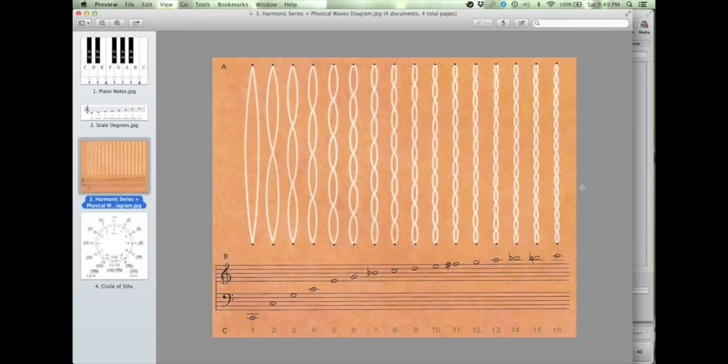The next thing I want to talk about is the harmonic series, or the overtone series, because it demonstrates why the fifth is so important, which is going to turn out to be huge in the rest of these tutorials. So this is the overtone series here. If you can't read music, basically these are just getting higher, and I'll talk about what notes they are. But the important thing is, when you are playing an instrument or a synthesizer or creating any sound, if you were to play a note on a piano, for example,